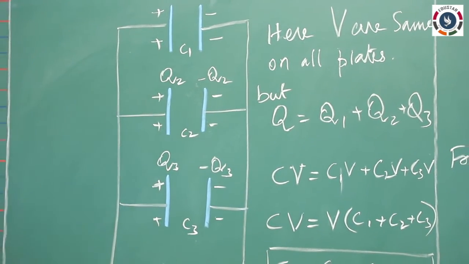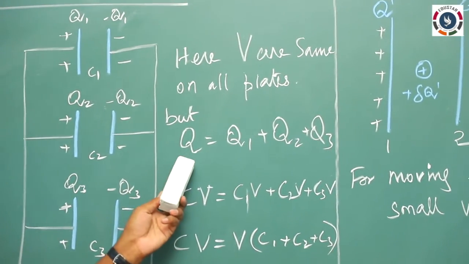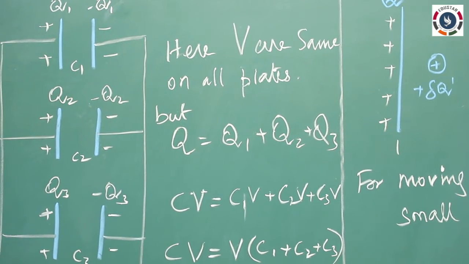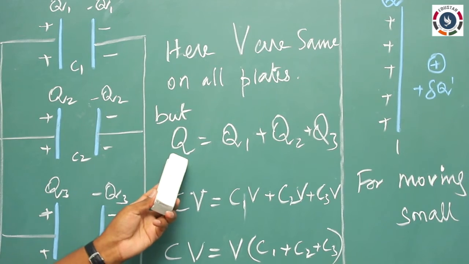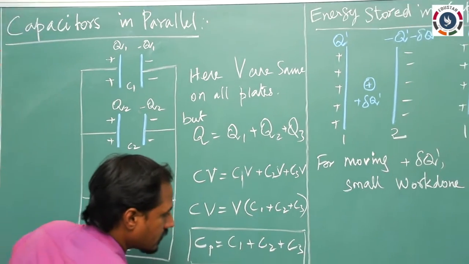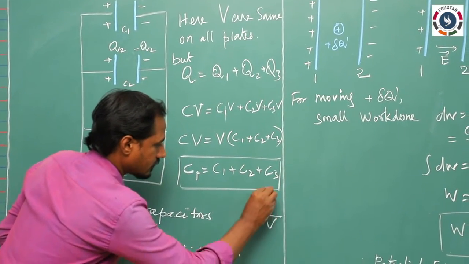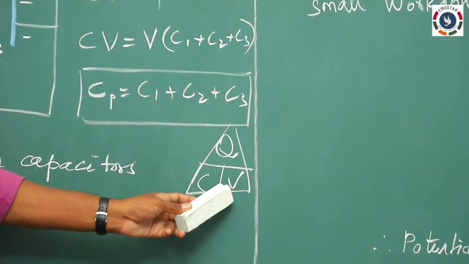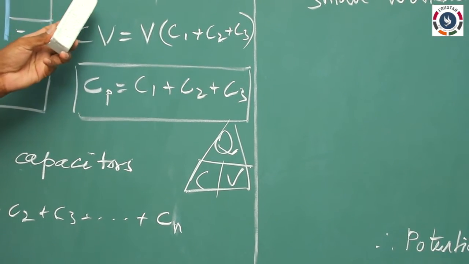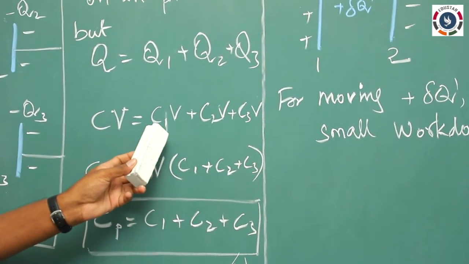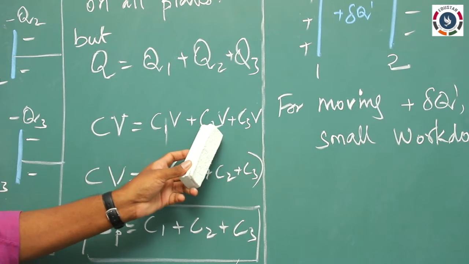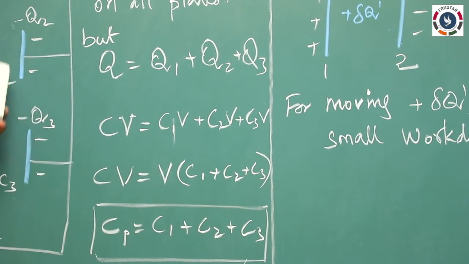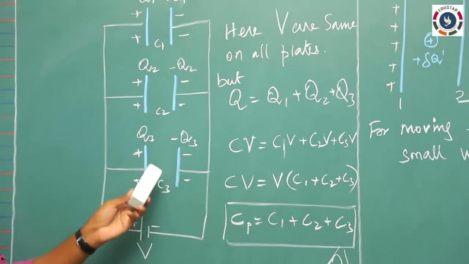So, in parallel connection, Q equals the total charge of the 3 capacitors: Q equals Q1 plus Q2 plus Q3. So, for the entire circuit, Q can be written using the formula we know, Q equals CV. Remember this formula, Q is equal to CV. So, here we can write CV equal to, Q1 can be written as C1V, Q2 equals C2V, Q3 equals C3V. Here C1, C2, C3 vary, V will be the same across the 3 capacitors.